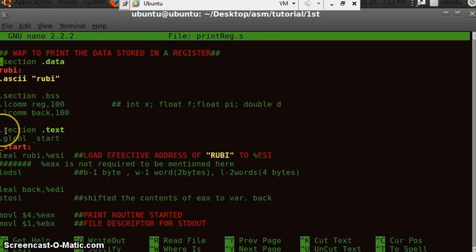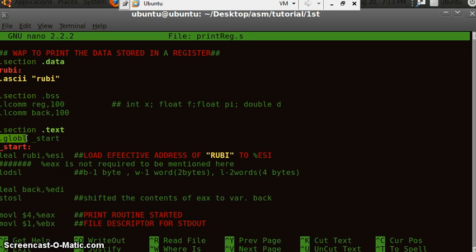Now the next thing comes, the text section. Here is where you give the code for your program. And one important thing, why do we use .global over here?